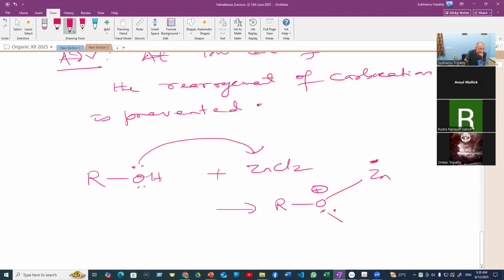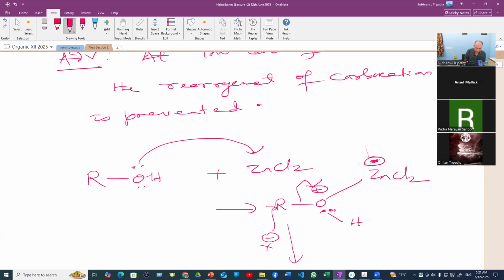we will write H is there, 8 and 1 lone pair is there. So it is better to show a negative charge. And as a result, even if it is a 3 degree carbocation, then the X minus, for carbocation formation, this bond has to break. But this breaks in one step. So SN2 is favored here,